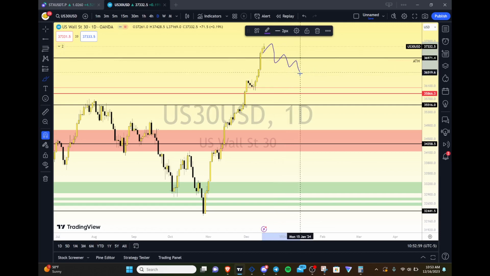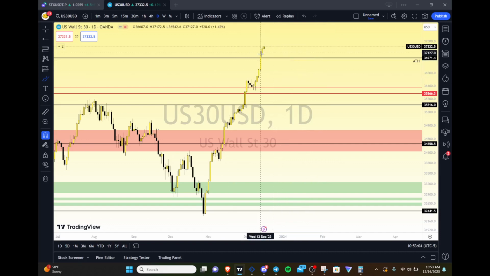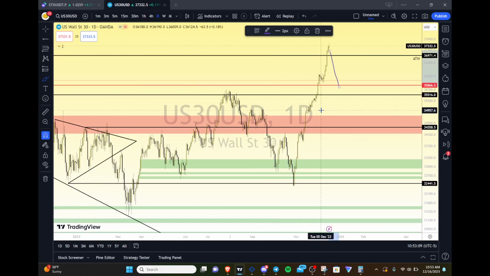Looking for bullish consolidation if you want major upside. Something like this would be the most ideal. Or we get just a nice retracement down, and again, we just want to look for the retracement down to create a higher low from here.